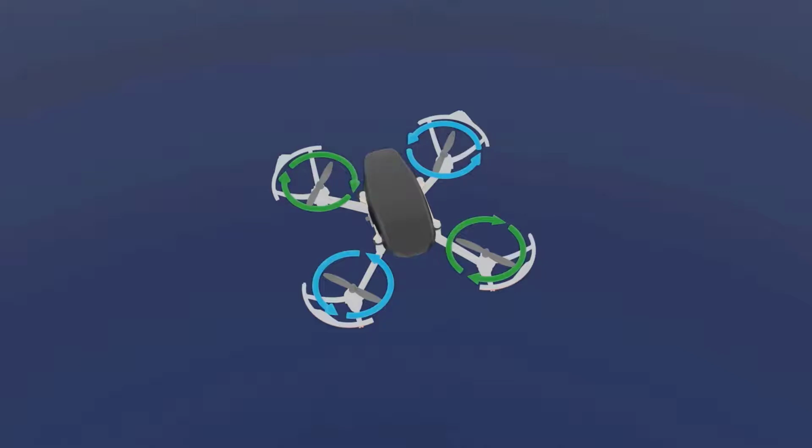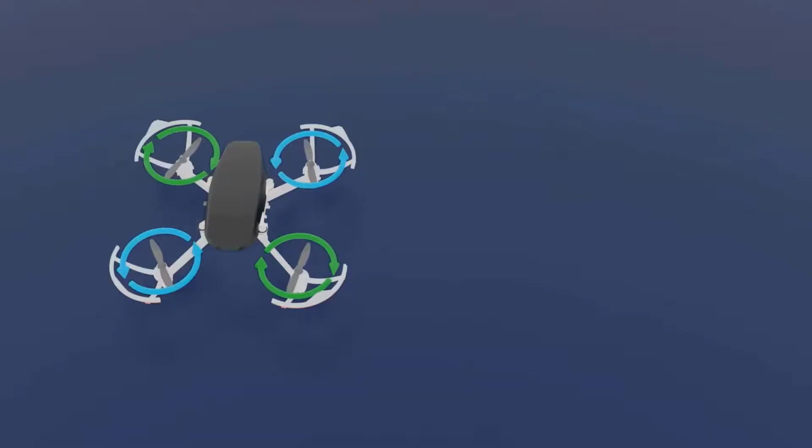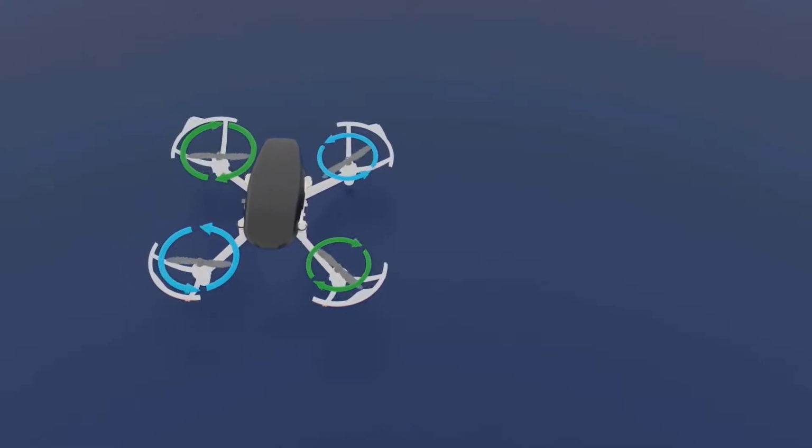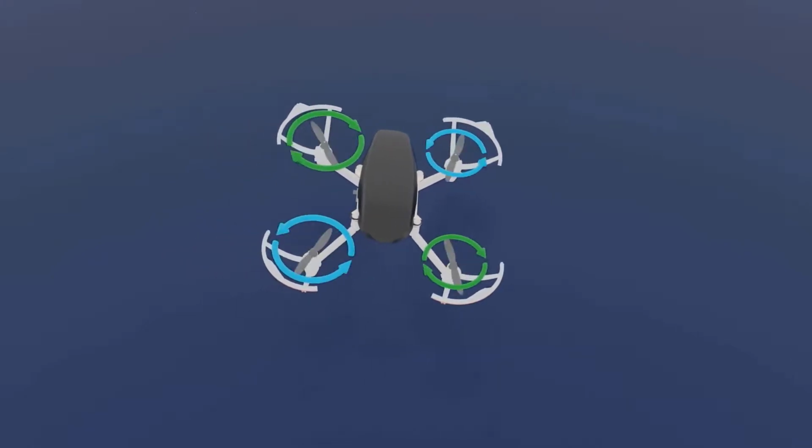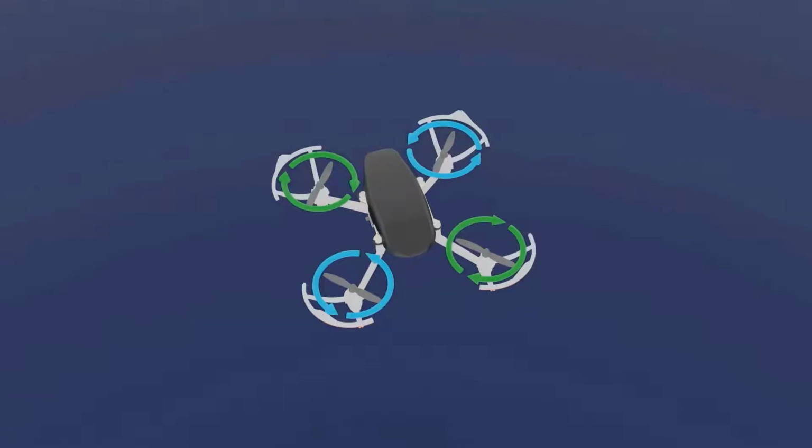Once you have increased the RPM of these two motors, it starts rotating, and once you've reached the angle that you want, you make the RPM of all four motors equal. Now there are two options here. Either you can reduce the RPM of these two so that all four are equal, or you can increase the RPM of these two motors so that all are equal. Let me give an example. Let us say all four motors are at 100 RPM. I'm just giving a value; the actual values are much higher, but let's just assume they are at 100 RPM.